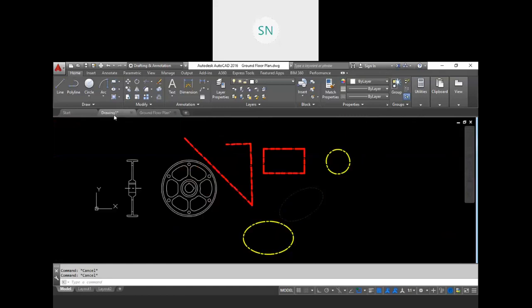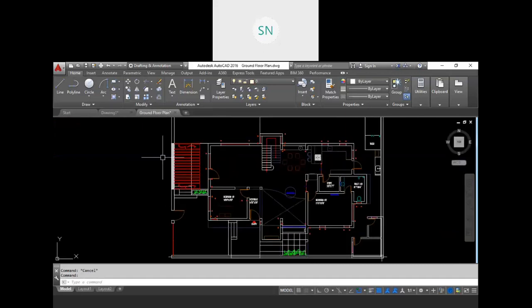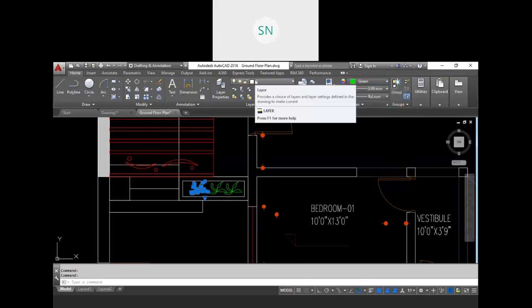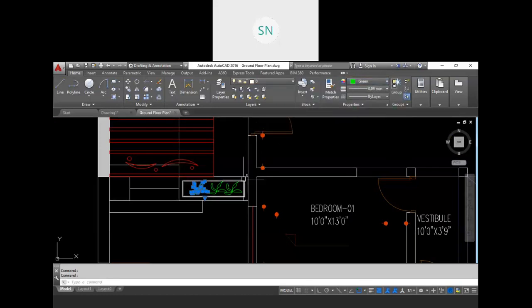So let me come back to our drawing now. No, actually that color is overwritten from here. It's in layer 0. That color is not by layer.